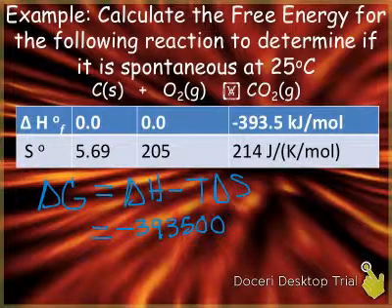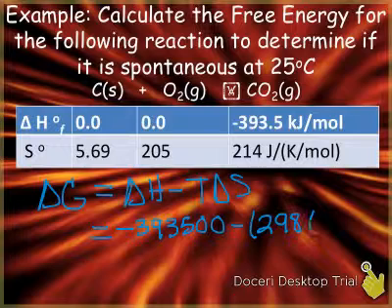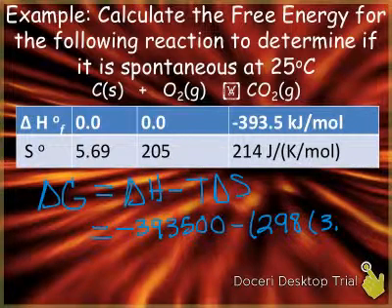Okay, and we're going to subtract that by our temperature, which we found to be 298, right? Times our entropy, which we just found to be a positive 3.31. So if we put this in our calculator, we get